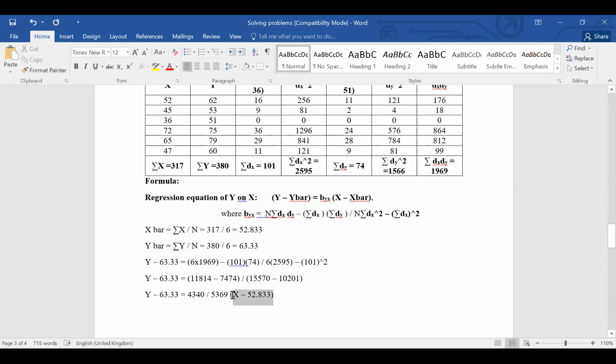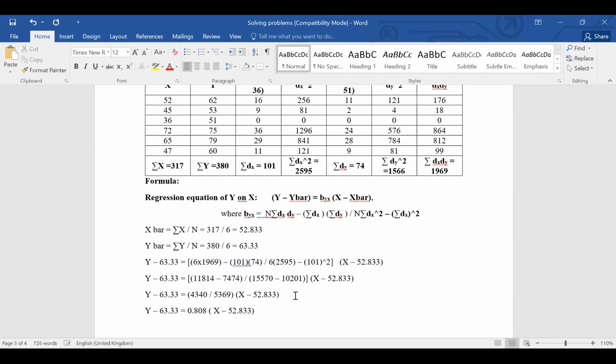Please copy this from the first step onwards, because that is as per the formula, right? This should be separate, guys. This is b of yx. Now you just solve this and tell me what is the value of 4,340 divided by 5,369. It is 0.808, into x minus